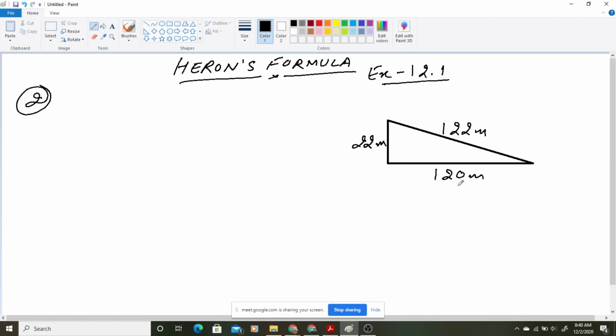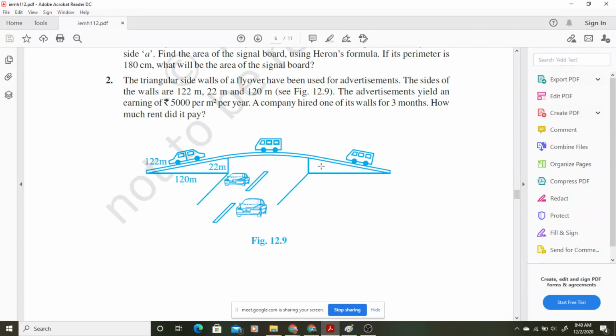We have two walls of this kind, two triangular walls, and some advertisement company wants to